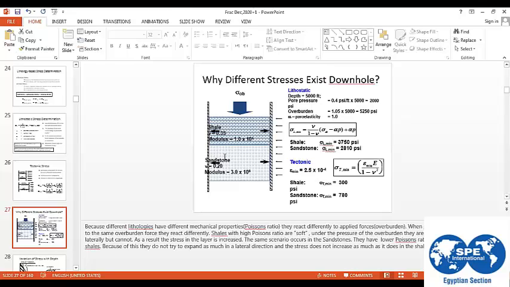This will take a long time because we can spend all the time on it. I have some slides I was including in this presentation, but I removed them because it would take some time. I can share these slides and we can discuss it later. They have a lot of equations for calculating the Poisson ratio and Young's modulus from the sonic log, and how to calculate them from the shear wave and compressional wave speed.